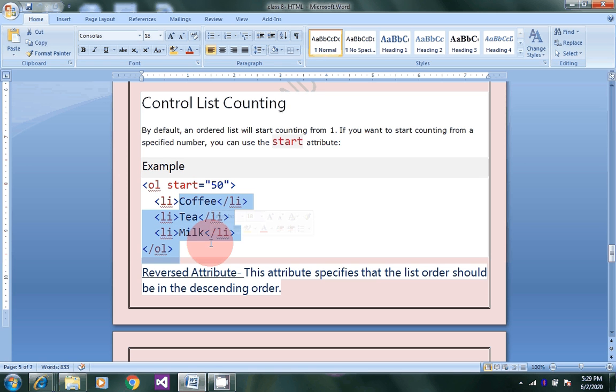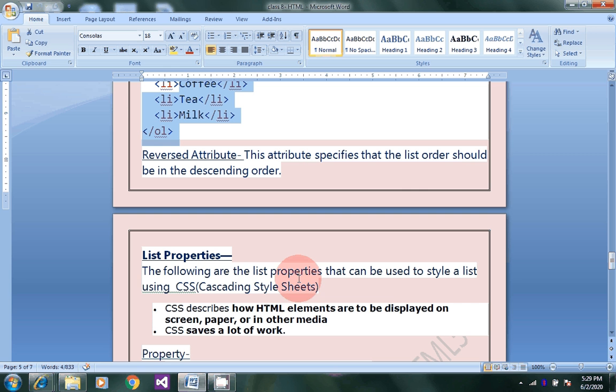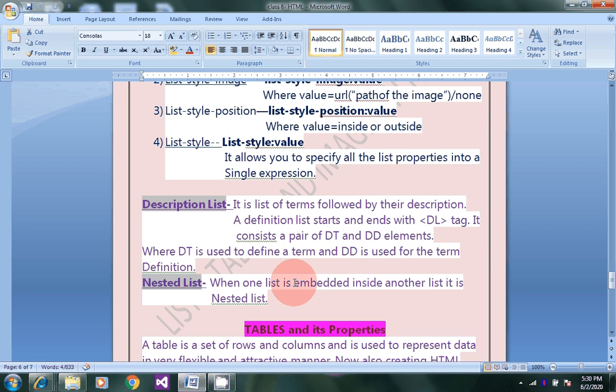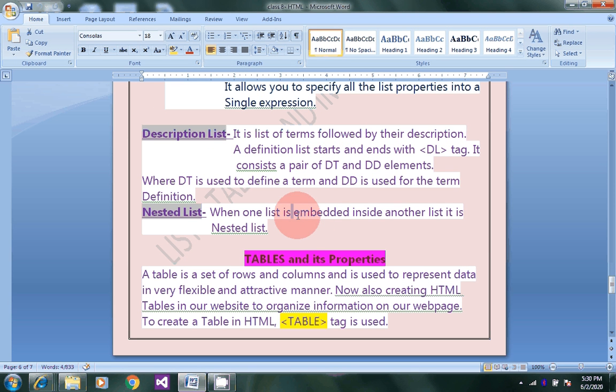Okay, so this is an ordered list, and if you add some more list items in this list in the form of 1, 2, 3, in place of bullets you use 1, 2, 3 or Roman numbers. So the mixture of the ordered list and the unordered list, when an ordered and unordered list can be nested into each other, this is called a nested list. So embedded means when one list is embedded inside another list. You can say list in a list. It is called a nested list.